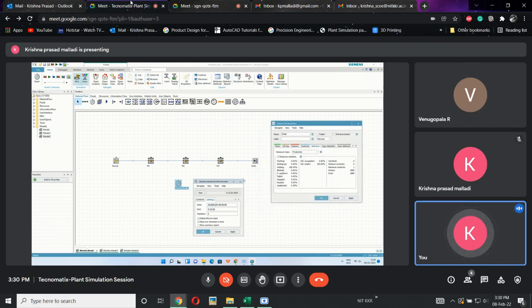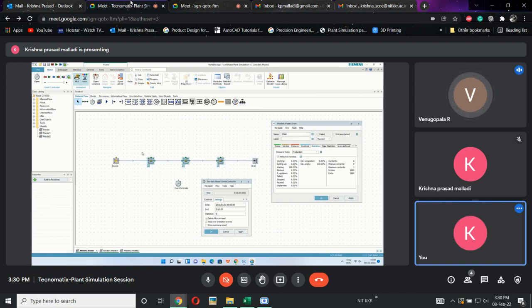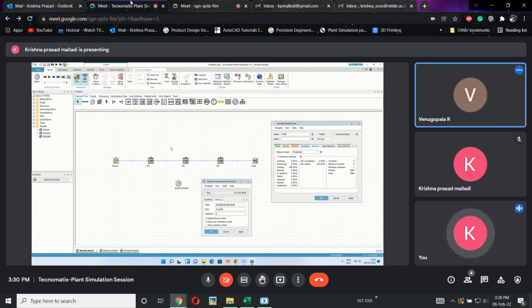Now, one more thing here. This is the drain characteristics. In the drain, in the output, I have calculated this part. In these three machines, there is a green light visible here, which means there is already a part with that machine also. We'll call it WIP, work in progress, WIP inventory, which is one of the failures of an industry.